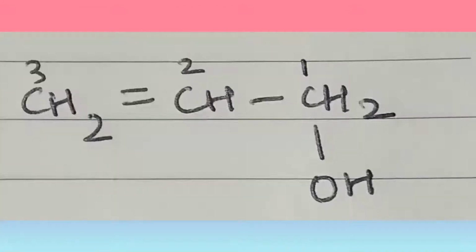But when there are functional groups like alcohol, aldehyde, ketone, and carboxylic acids, they get priority over a double or triple bond. So you have to remember two things here. If there are groups like alkyl, chlorine, and nitro, that time the double bond or triple bond gets more priority. That means we give the double or triple bond containing carbon the least number, that is one, the least number in the total chain.